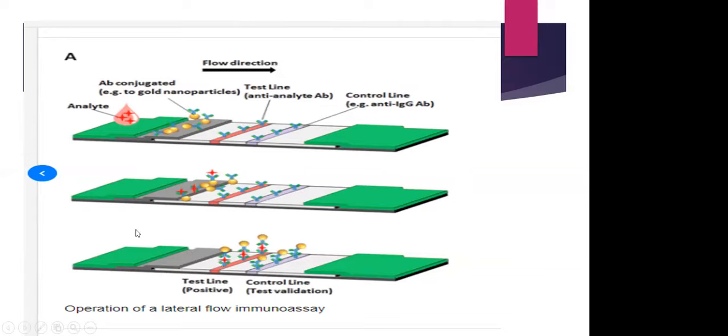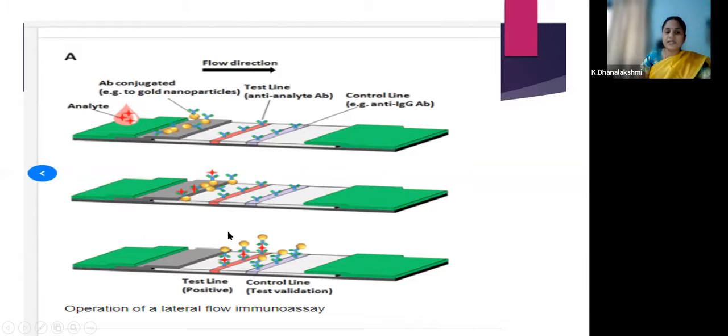But we have to make sure that the test, whatever platform we are using, is correct. So for validation, we have to have a control line. For this control, we have an antibody here. What is this antibody? It is an anti-antibody, anti-IgG to this antibody. So here, even if there are no antibodies, this will pick up this antibody. So here we have an antibody and an anti-antibody to this antibody. This will form a colored line. This is a control line. This is how we interpret.